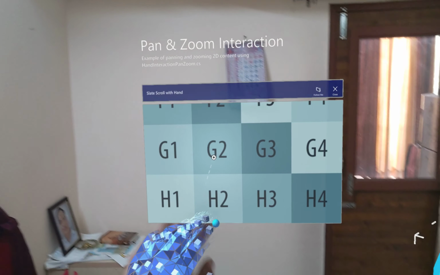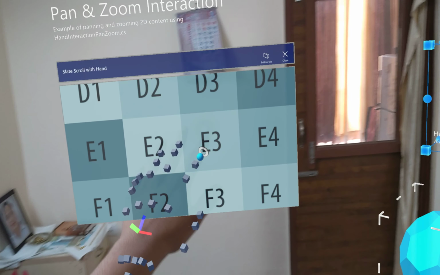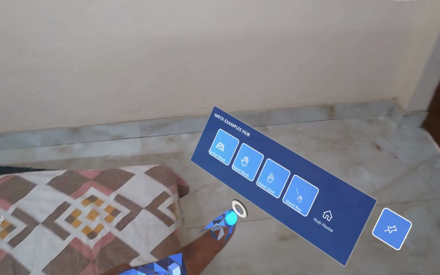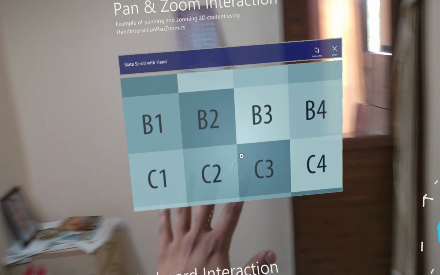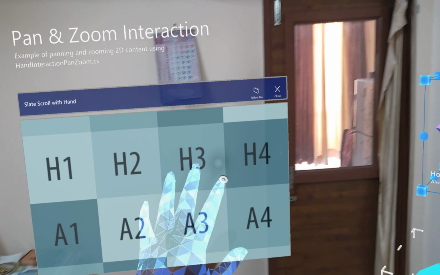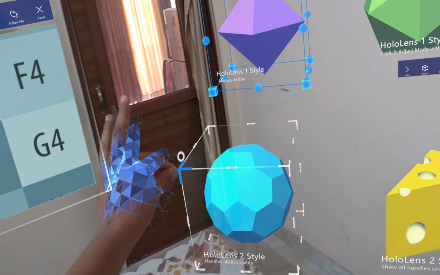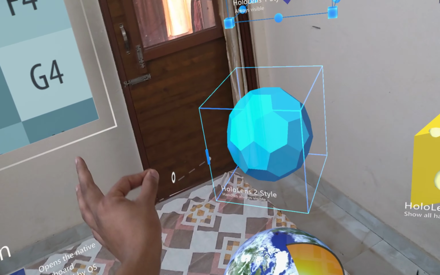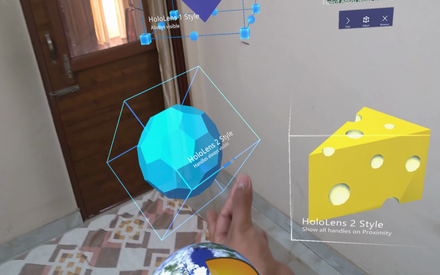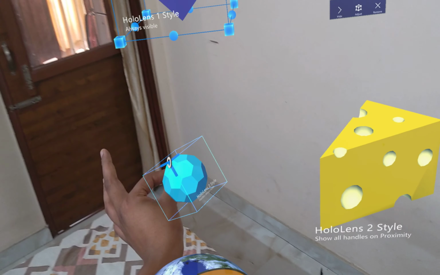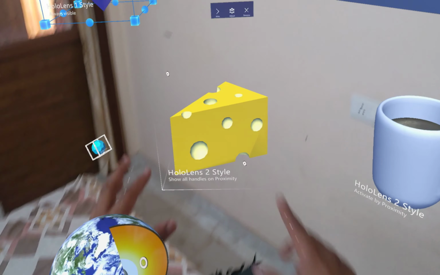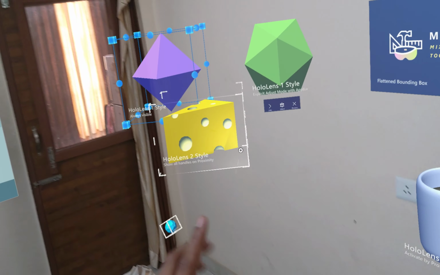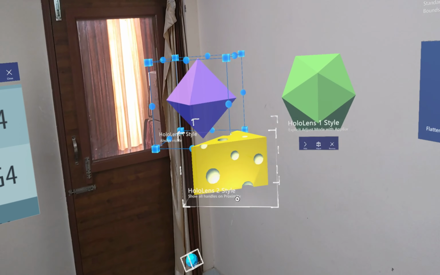And here we have scroll with hands. Okay, I can actually scroll it. Okay, so let me remove these joints. Now I can resize it. If I hold it from the corners, I can rotate it. Right? Okay, as soon as I go near it, then only I'll be shown the box. If there is a ray,